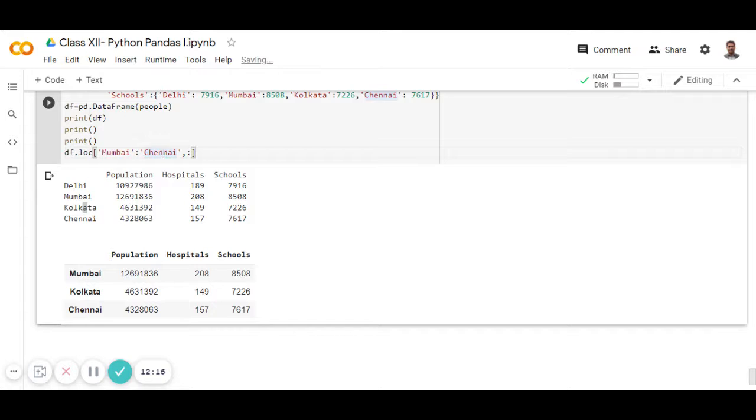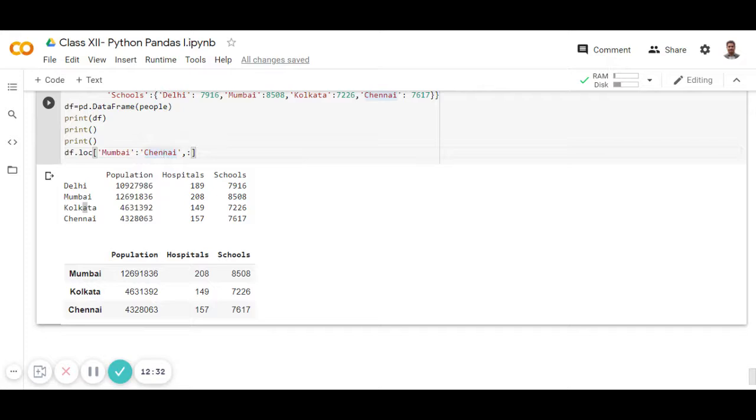Select the rows also. Another function is iloc. iloc is used for index location. So remember the i is for index, so we can also access through index.